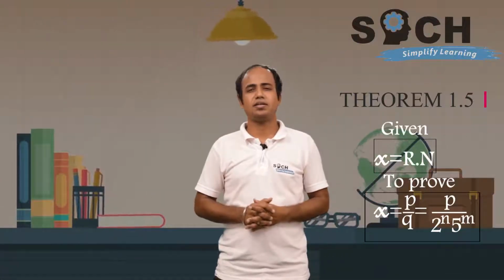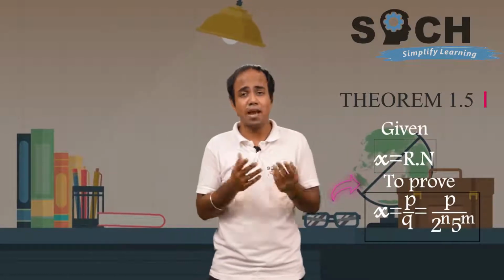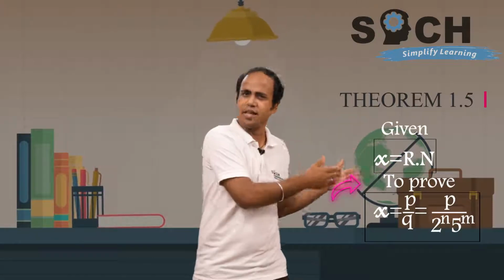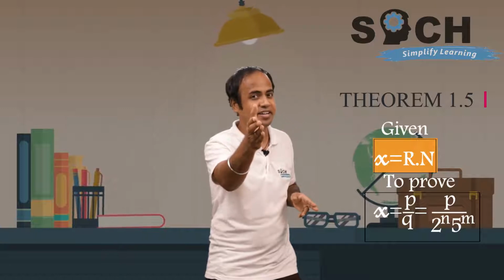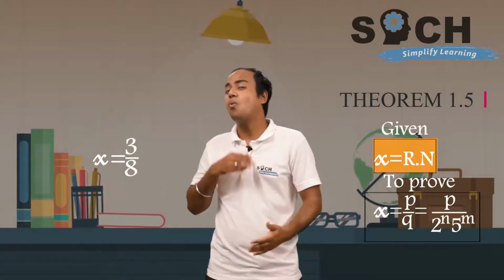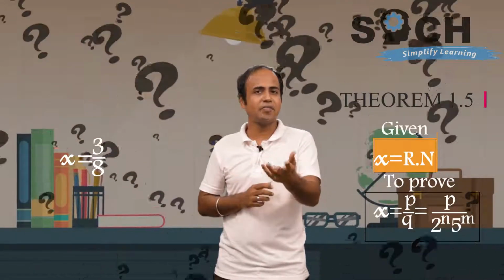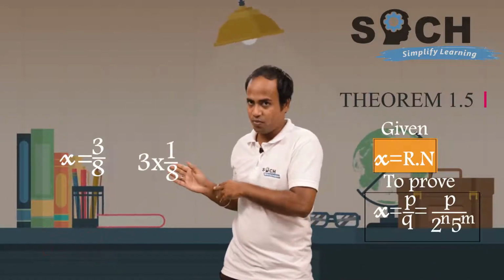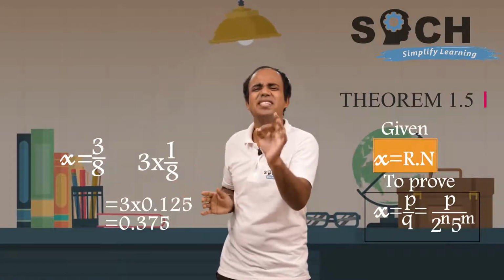So this is the simple way of writing this big theorem. Now my dear friends, the proof of this theorem is probably not in our syllabus scope. So therefore let us verify this theorem. What is x given? Yes, Rn, that is a rational number. So I take x equal to 3 by 8. Why 3 by 8? Why not others? I could have taken 2 by 3, but 3 by 8 is nothing but 3 into 1 by 8. 1 by 8 is how much? 0.125, so it comes out to be 0.375.